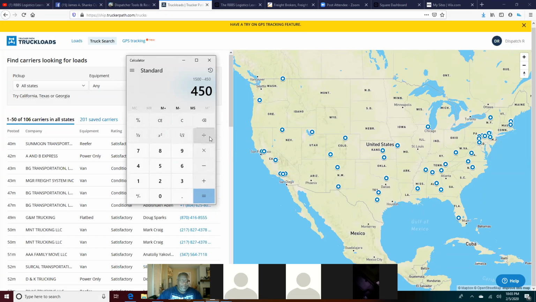Exactly. That 450. But it's costing them nothing. No, it's costing them the most valuable thing that you can take from a person.